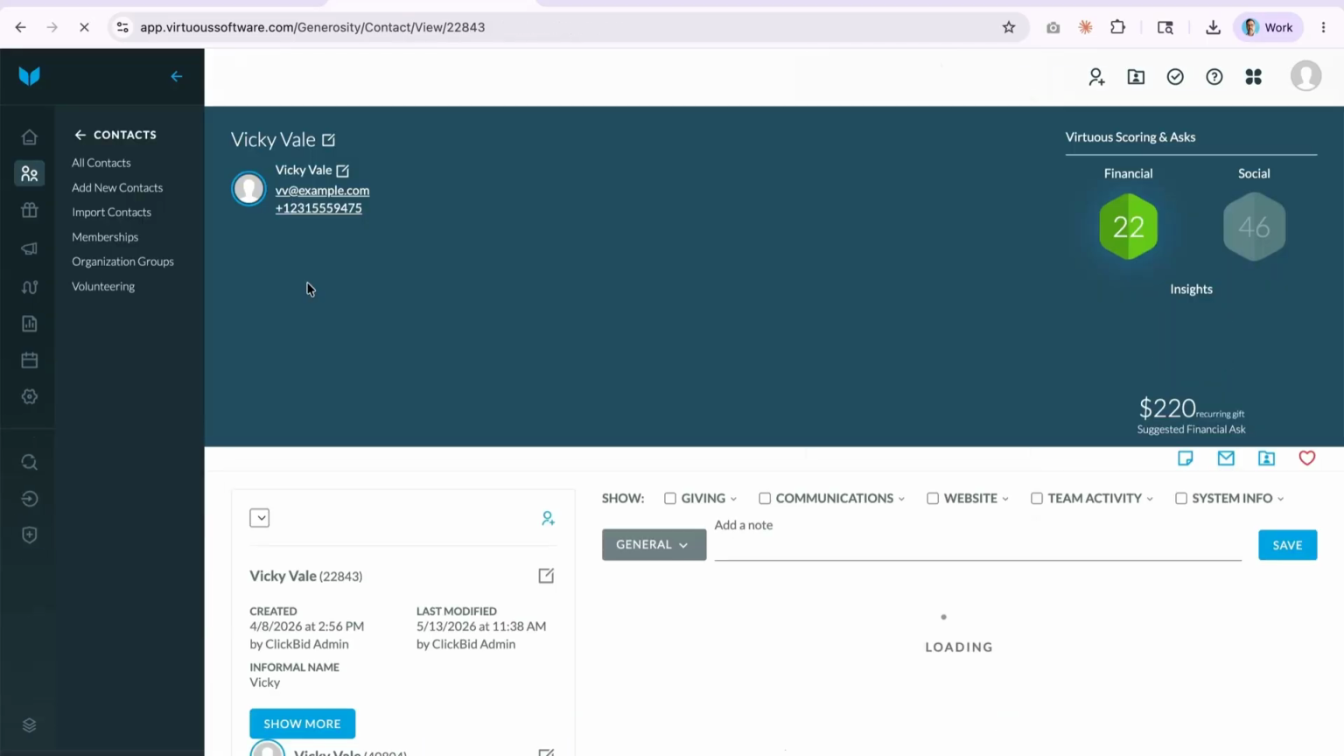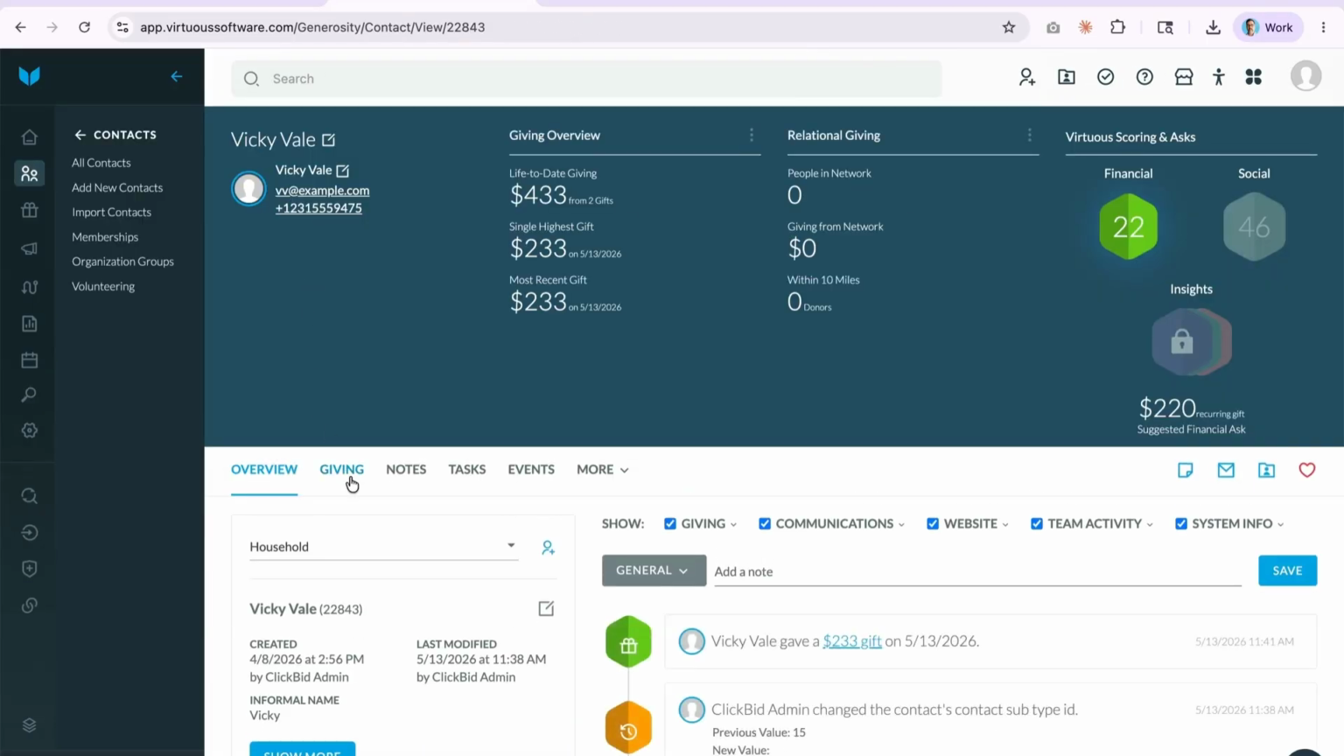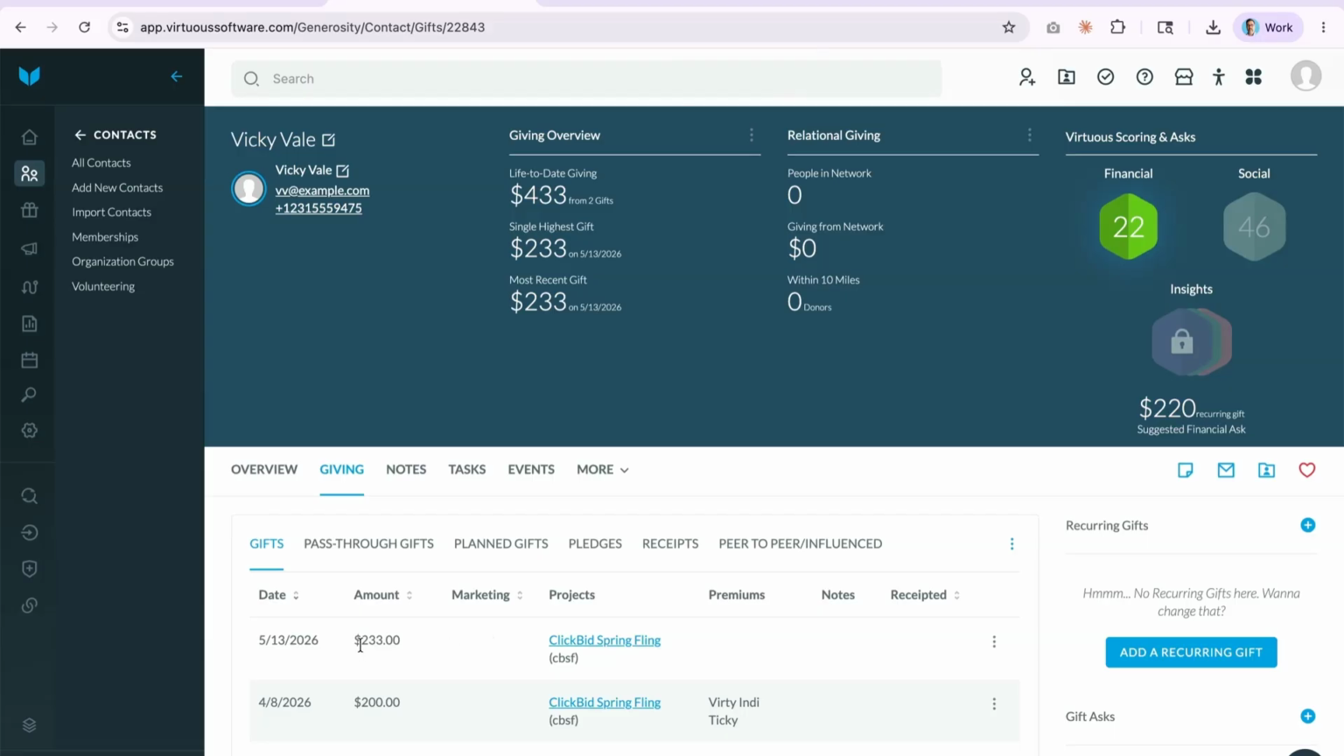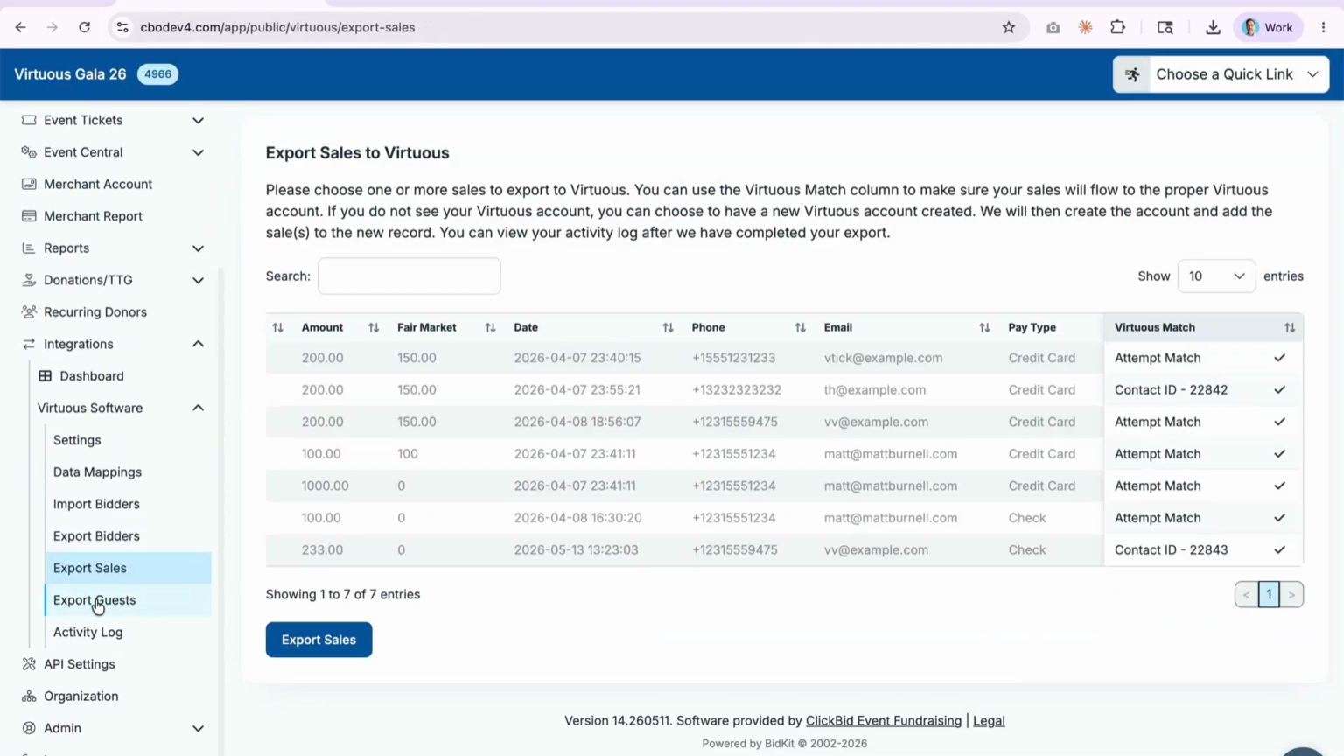All right, so let's take a look at her. And now we're going to see her giving record, and you'll see the $233 transaction has been properly imported, linked, and set up for her information. Now, the last section I want to take a look at before we go into the post event is the